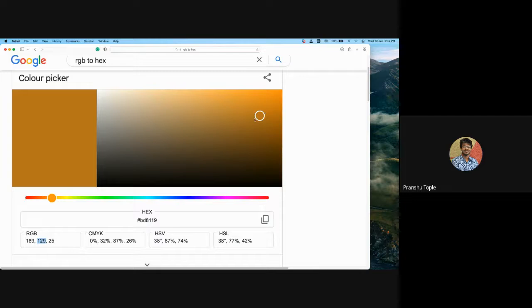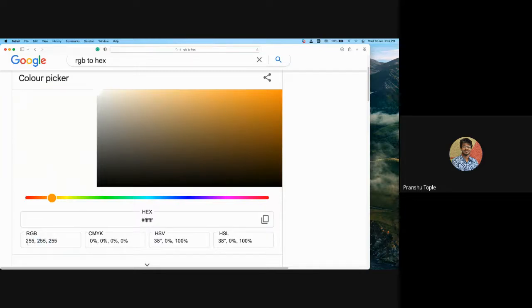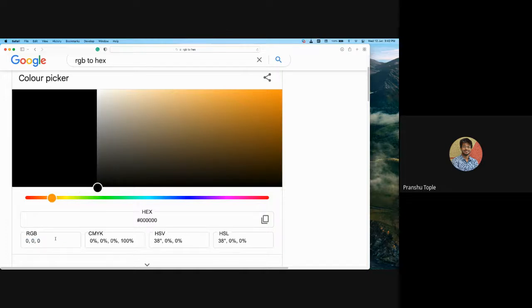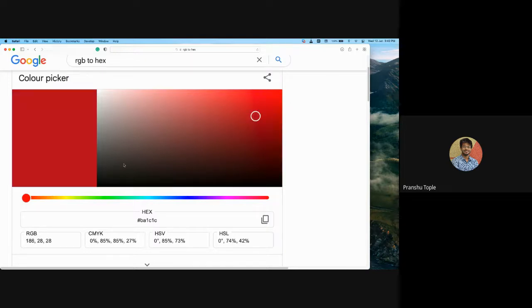If I make it complete white, you see everything is 255. And if I make it complete black, everything is 0. If I add just the color red at full and there is no green and no blue, it will be red in color.